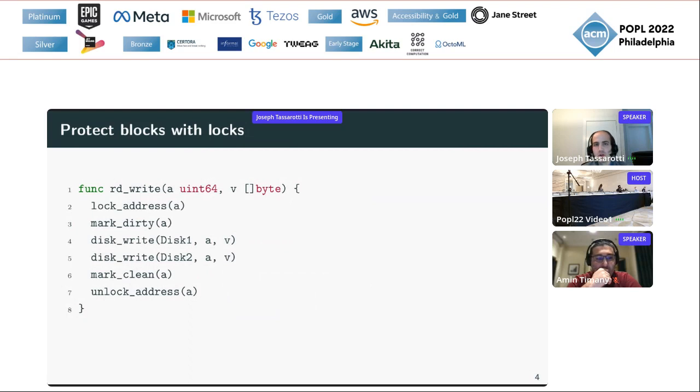Well, to achieve thread safety, what we can do is provide a lock for each address on the disks. Our write procedure then is going to acquire the lock for the address A that we're trying to write to. And it's going to mark a bit on disk indicating that we're about to pursue a write to this address A. Once that bitmap bit has been marked, we can go ahead and write the value to each of the two disks. When we're done, we clean up that bitmap address, and then we can unlock the address so that other threads can see the write.